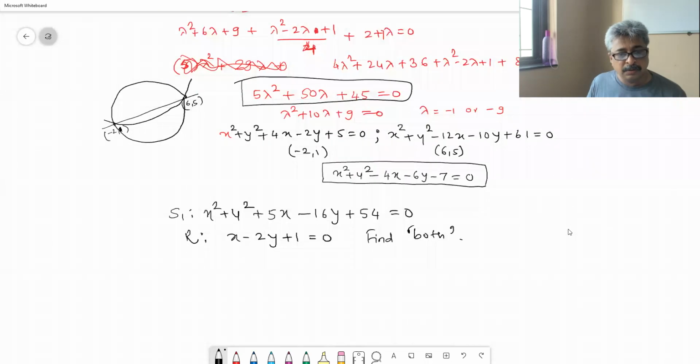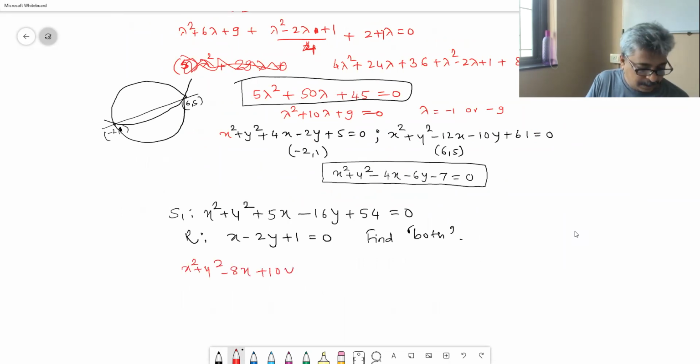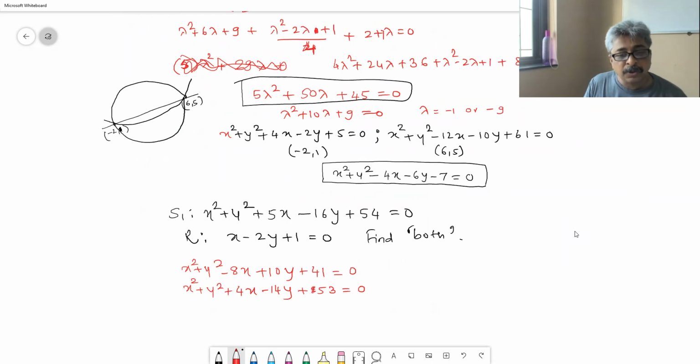Okay, answer for this, the first point circle is x square plus y square minus 8x plus 10y plus 41 is equal to 0. The second point circle is x square plus y square plus 4x minus 14y plus 53 is equal to 0. And the orthogonal circle,